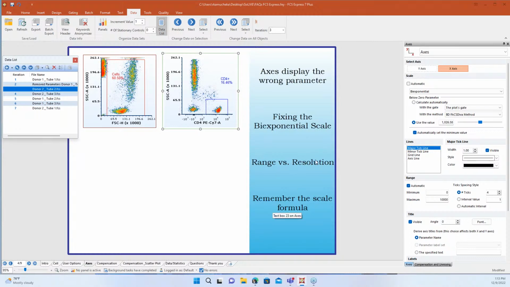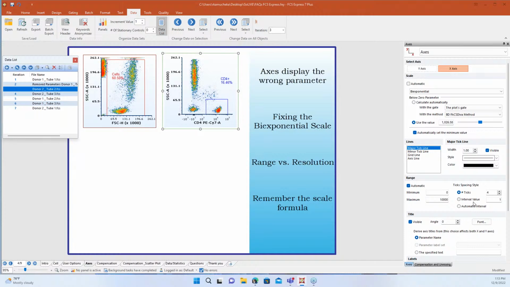So that brings me to the next thing. I've seen a lot of people say, hey, I just want to see this segment of my data. I either want to expand it, or just make it present a little bit differently. A lot of people automatically go to this range section. Now, range can be really great, but if I go to a very small range, I can sometimes introduce these little blank lines in between my data set. It looks kind of like a tiger just went through my population, and I have these little white lines or stripes that go through my data set.